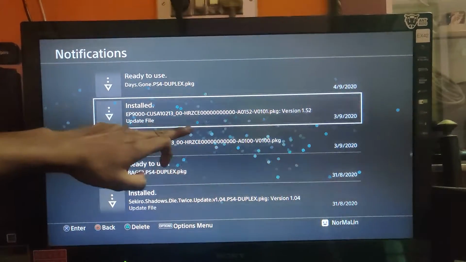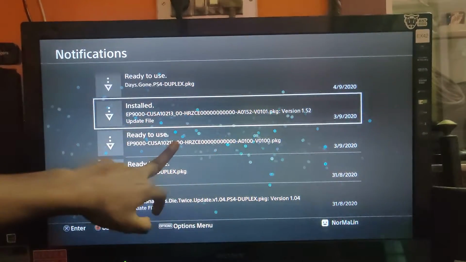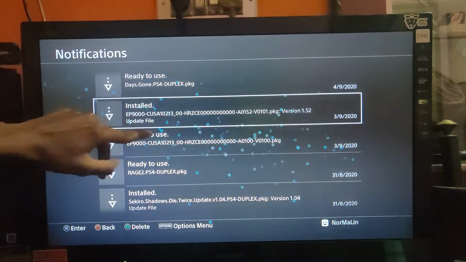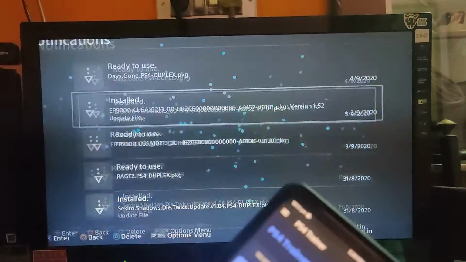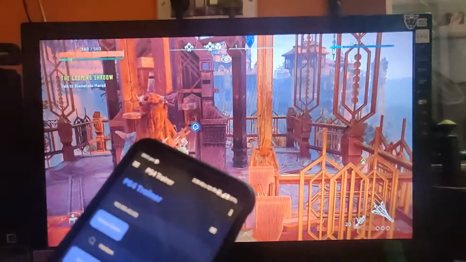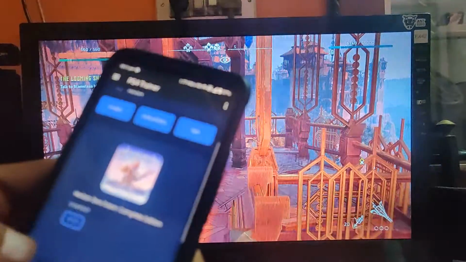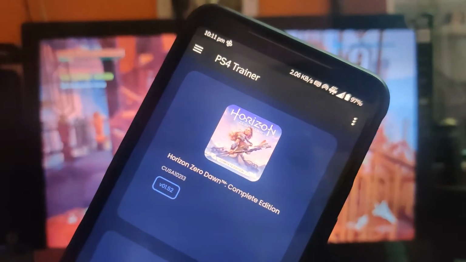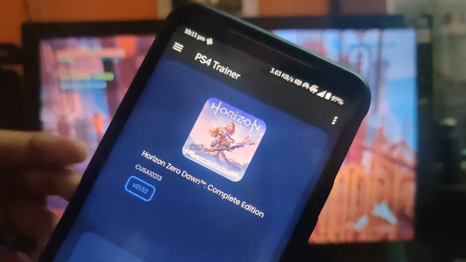This one is Horizon Zero Dawn, and this one is CUSA 10213. You need to know this version. So let me head back to the game. Now here's my version, CUSA 10213 version 1.52.